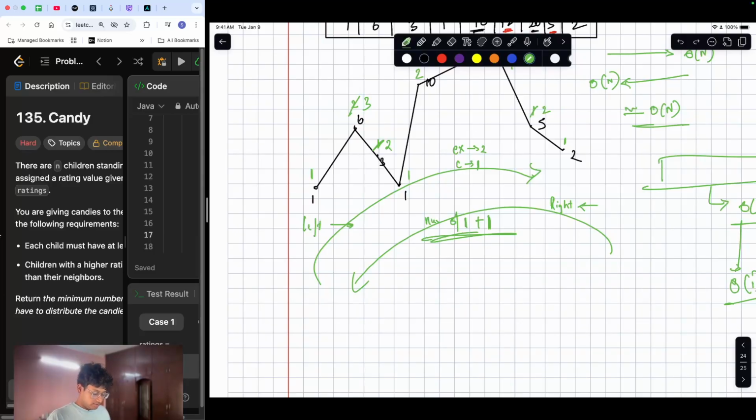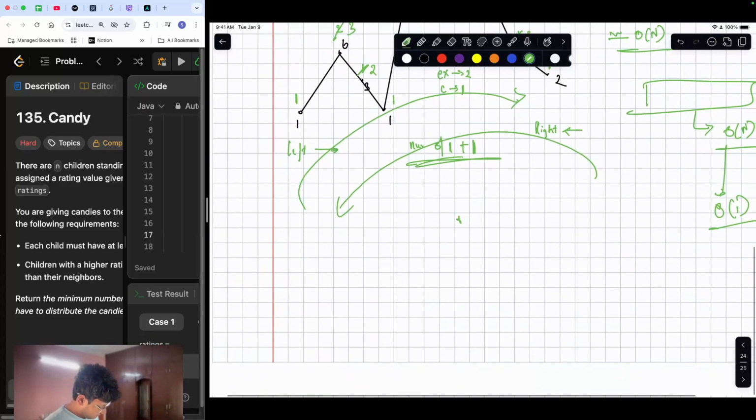But array of 6 is 2, array of 3 is also 2, so array of 6 is not greater than array of 3. Sorry, wait, I think I'm just confusing you. So we have the number 6, and then we have the number 3. Initially when we were iterating, this was 2 and this was 1. Now what I'm trying to say is,